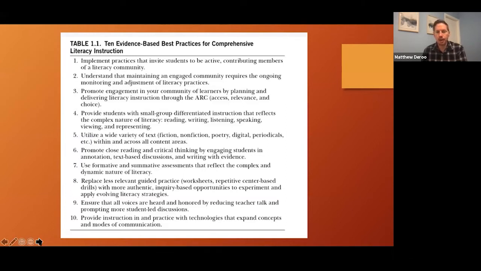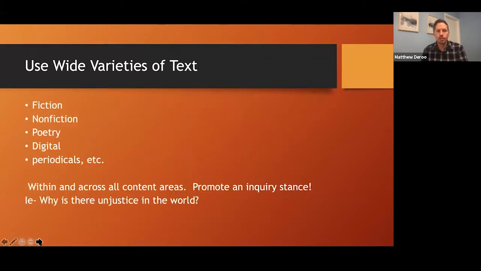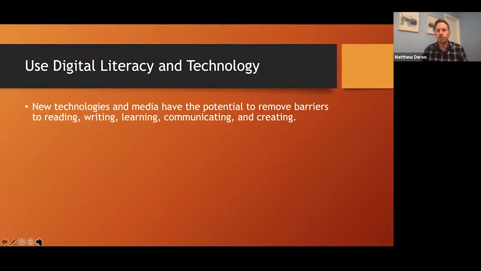Provide instruction in and practice with technologies that expands concepts and modes of communication. So that is where we do go to the use of digital literacies. So new technology gives us potential to remove some of these barriers to reading or to writing or to learning or communicating, creating. So the more that we can leverage the digital and these technologies, it will also support best practices in literacy, and it will increase student motivation and increase student engagement. So these are the 10 best practices that I would outline for you to consider in taking up in your